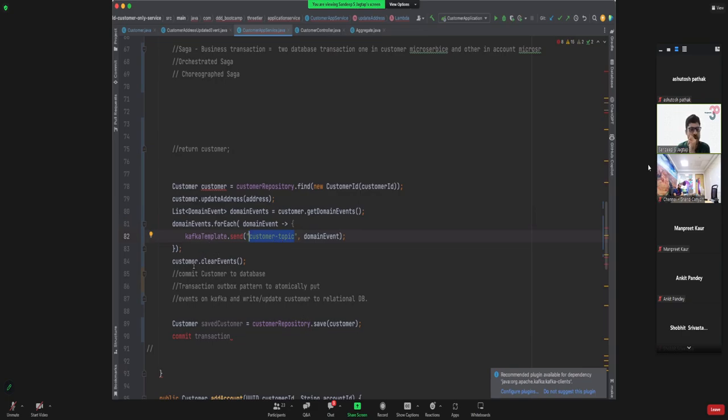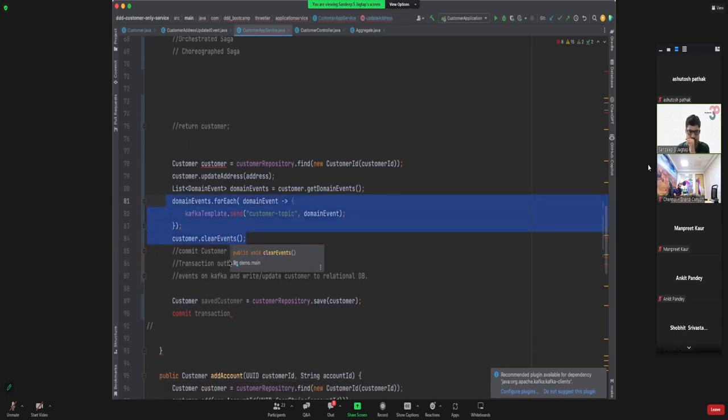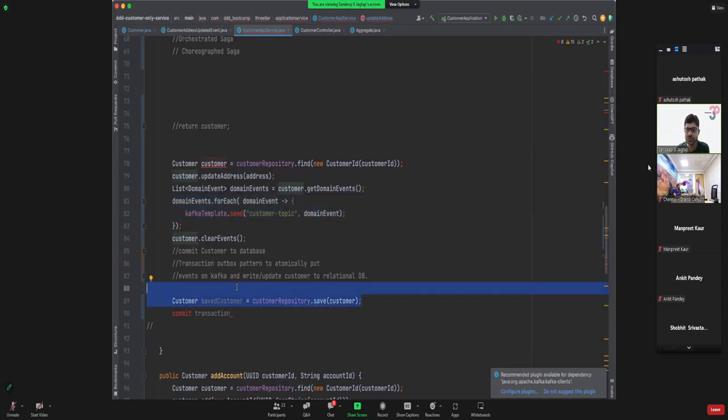And then once we send it to Kafka, we have to clear domain events because we are done with that, right? So we sent the event to Kafka. Now we have to do one more thing. Remember, we still need to save this in a database. We send this domain event to Kafka, but we need to update the customer's address in a database. So that's where customer repository.save comes into the picture. Now you can see that we are writing to two different systems, right? One of them is Kafka and another is a database. And we want to ensure both of those things happen or nothing happens. We can't even really start a distributed transaction because one of them is not a database and another is a database.